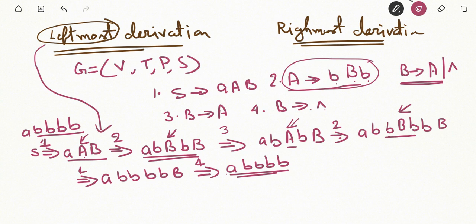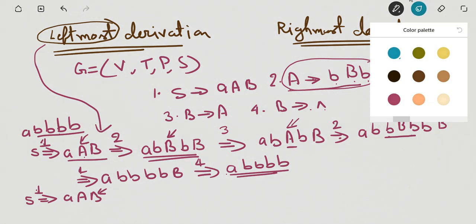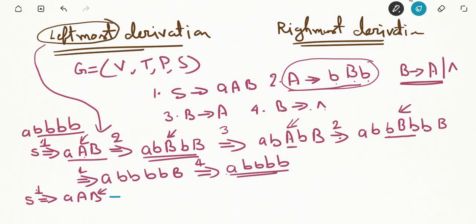Now consider S is rewritten as AAB, that is the first production. Now if you see, B is the rightmost variable. So we are going to replace B by using the fourth production.